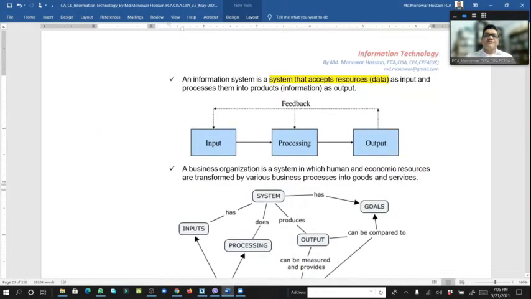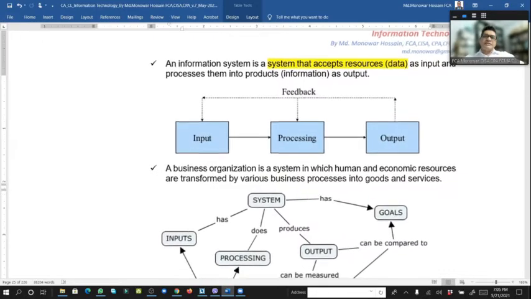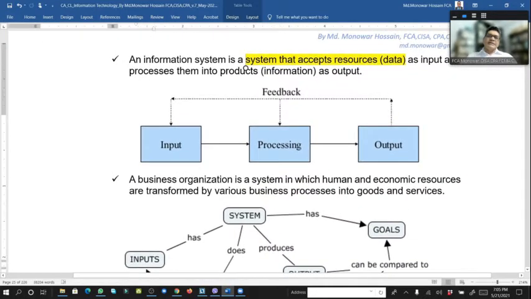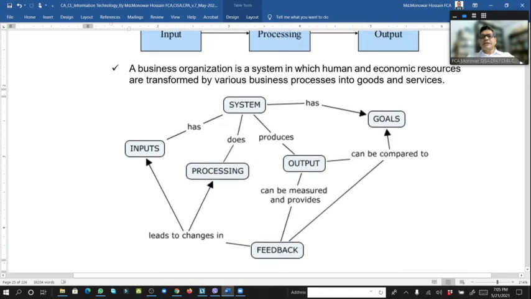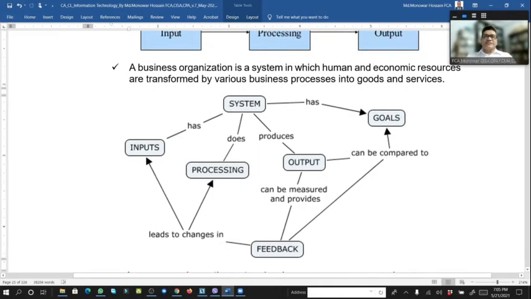So an information system is a system that accepts resource data as input and processes them into products. That means it comes to information as output. So it is the fundamental thing of process. Here input, processing, output goes to feedback and control within this framework also. A business organization is a system in which human and economic resources are transformed by various business processes into goods